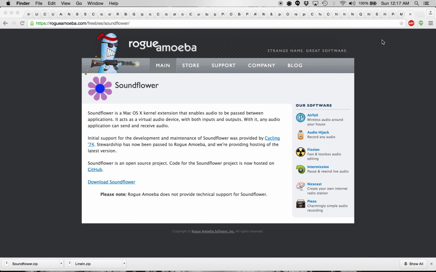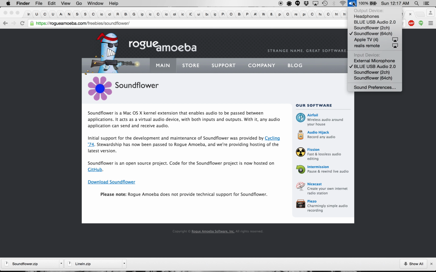Now, you're going to hold down Option, click on Sound again, and go to the bottom under the Input Device, and set this to whatever your audio recording device is. In my case, I have a Blue Yeti microphone as my external mic. Yours might look different, or you might just have the internal microphone built into your Mac. So choose whatever your sound input device is, but do not choose